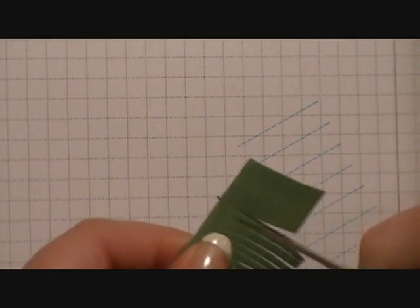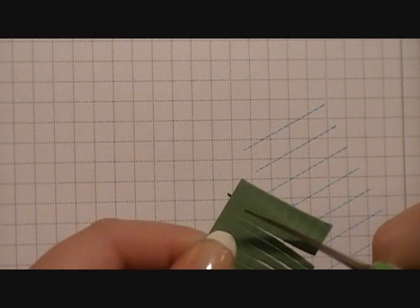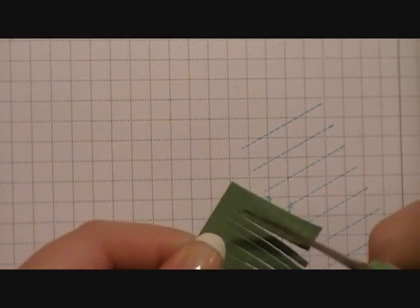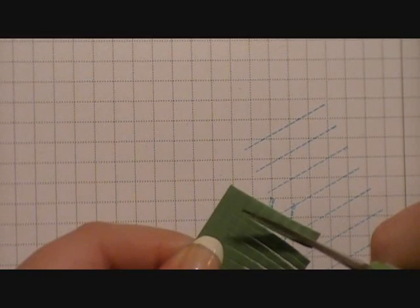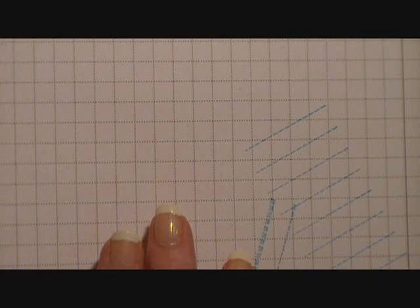Just finishing up that cutting real quick. Okay, when we're done with that, we're just going to take this and set it aside. And what we're going to do next is bring in